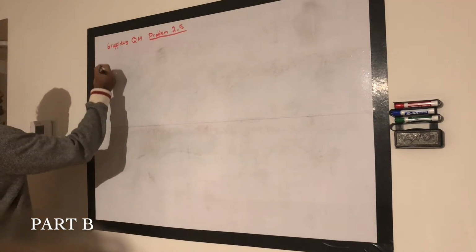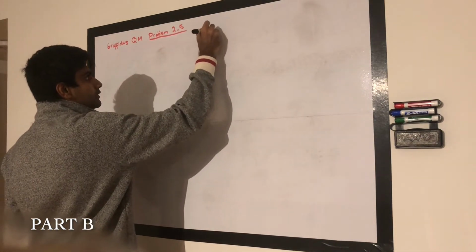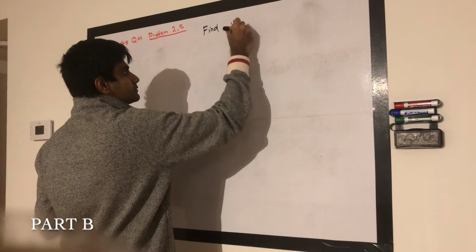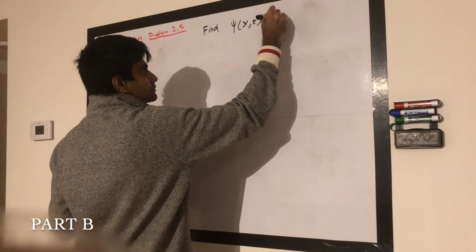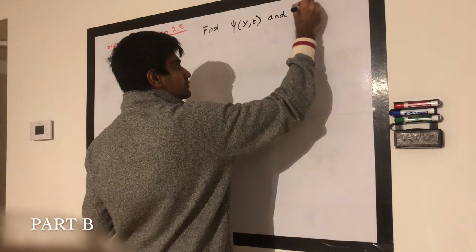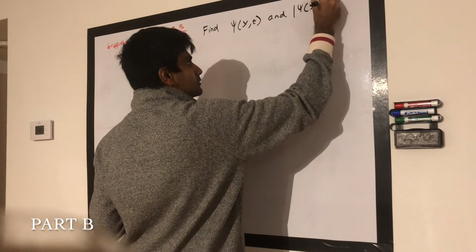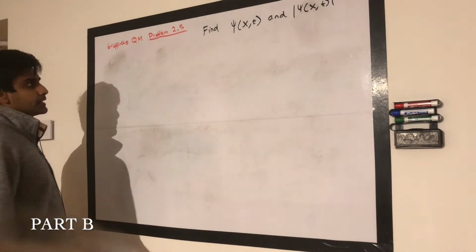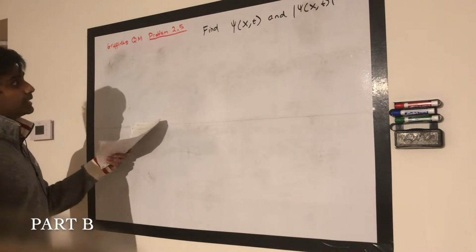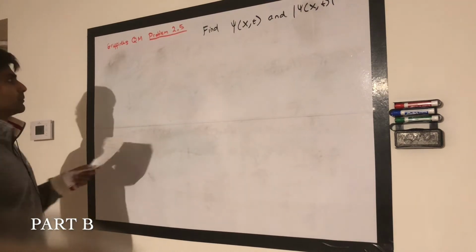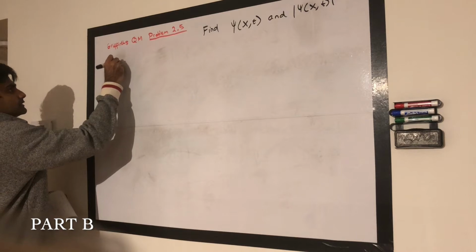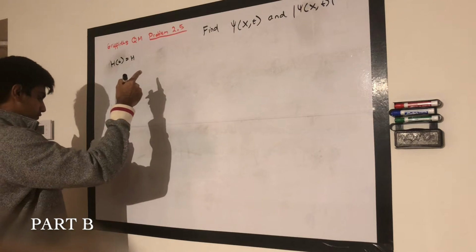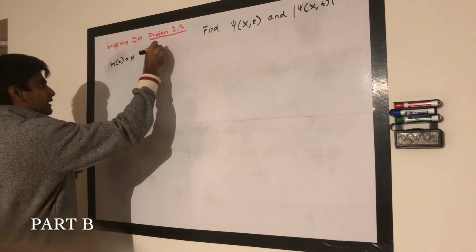Okay, so now the next part is we want to find the time evolved state and the norm of the time evolved state squared. The first thing you'll find is because our Hamiltonian is constant in time, we're able to apply an evolution operator. So essentially what we find is if H of t is equal to H, then the evolution operator is just e to the minus iE